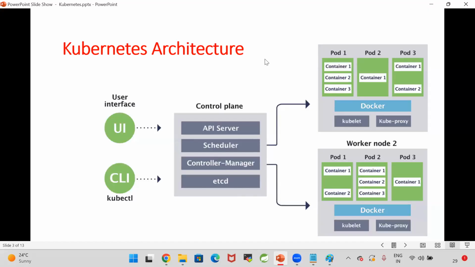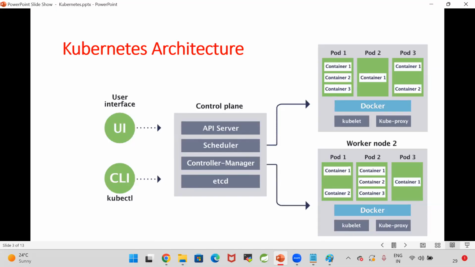Sir, is it like the controller manager has a single instance, so it needs a scheduler to decide what to do and in which order? It will all be taken care of by the control plane. What to do, where to do, how to do, everything will be taken care of by the control plane. We need to provide the configuration information.